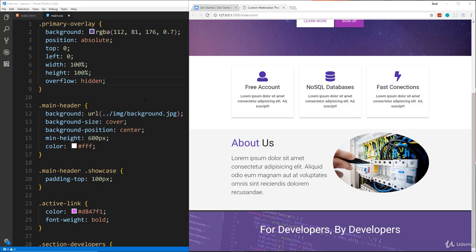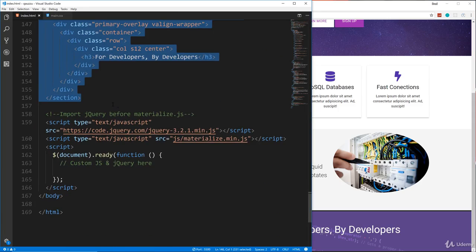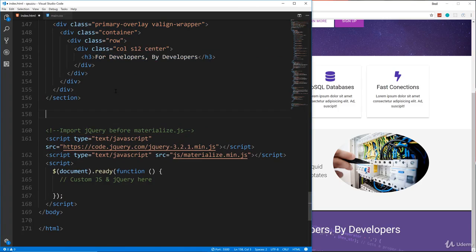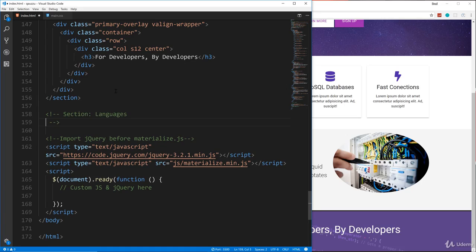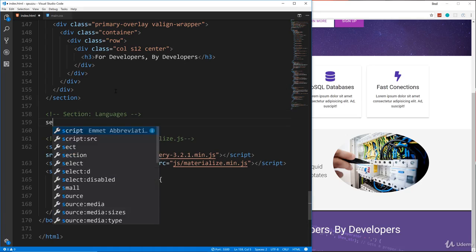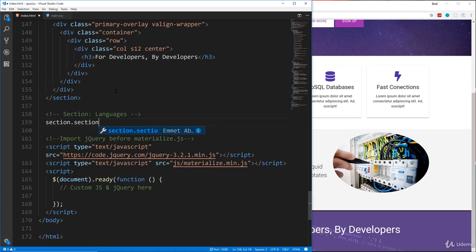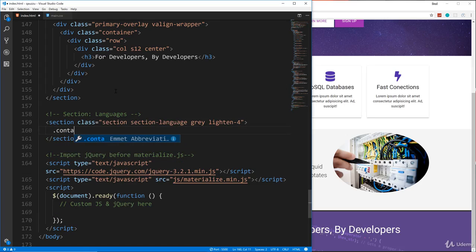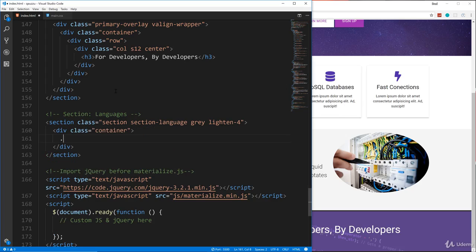So the last thing I want to do in this video is the languages area where we have all the different logos. So let's add that. So we'll call this section languages, and let's do language, and then let's give it a gray background, but let's lighten it. So we'll do lighten 4. Okay, and then we'll do a container. This should be a pretty easy one. We'll do a row,